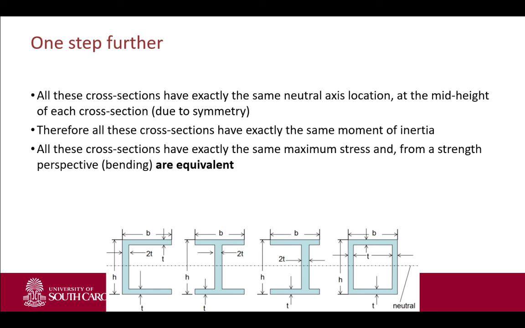At the bottom you see four figures: a C, an I, a different C, and a closed section. If you look closely, the dimensions are chosen in such a way that they all have the same neutral axis,